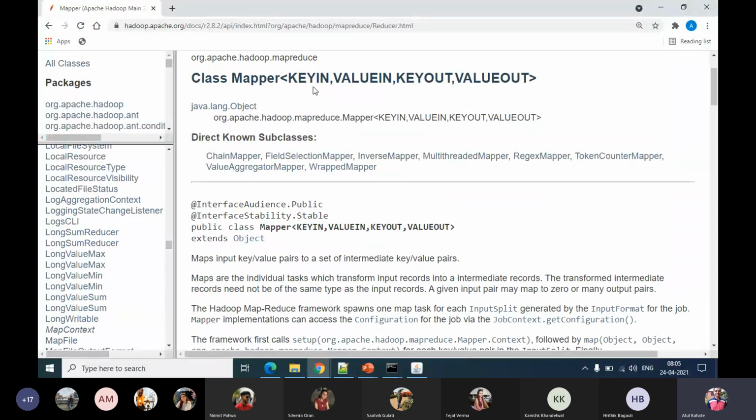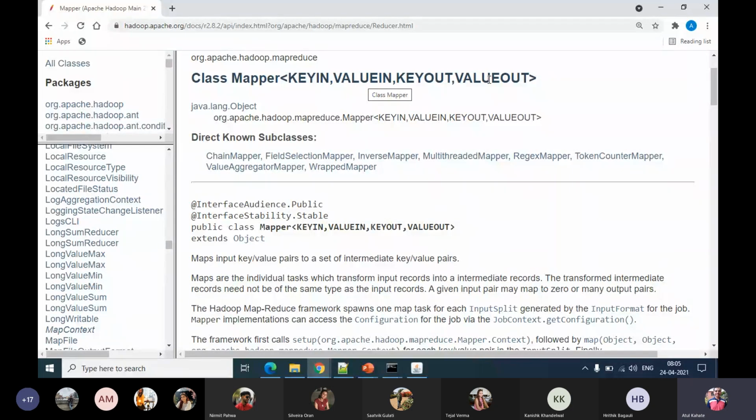Then what is the definition of this class? This particular class, as we can see, has four parameters defined here, which are key in, key out, value in, value out.